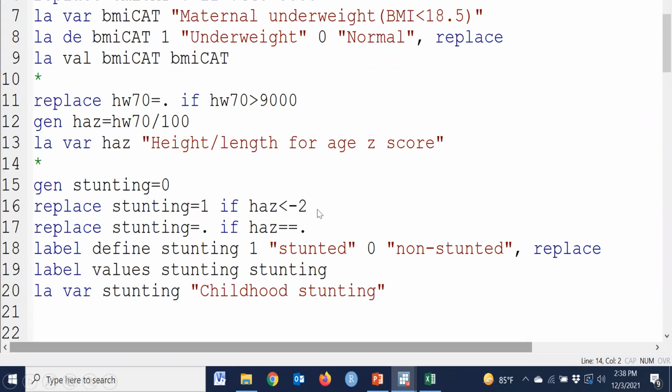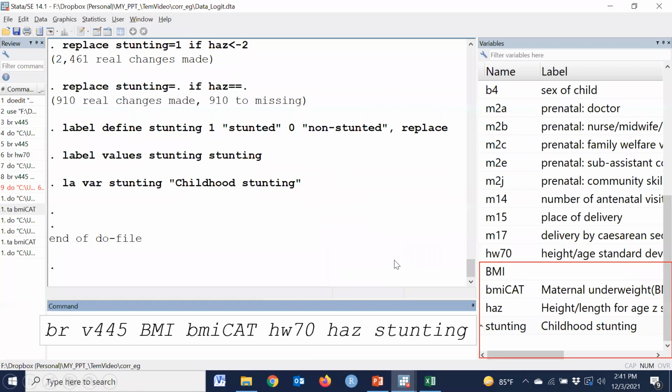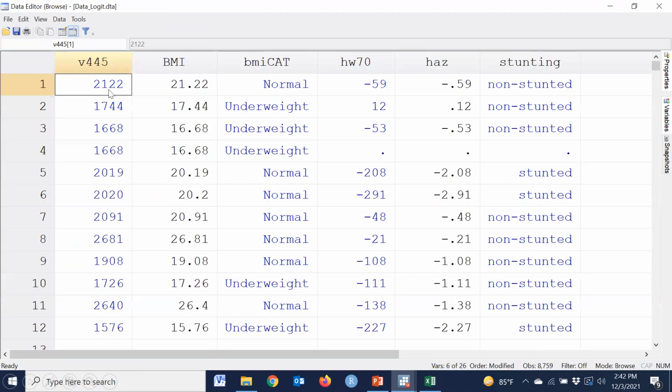And this is the syntax for creating the two variables, maternal BMI and childhood stunting. Generally, childhood stunting was defined as height for age less than -2. 1 means stunted, 0 means non-stunted. After browsing those variables, this is the original variable V445, the original variable of BMI. And after taking the decimal place, BMI is the created variable.